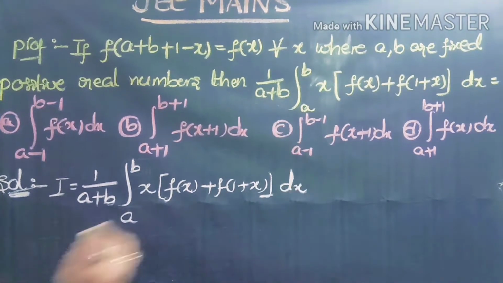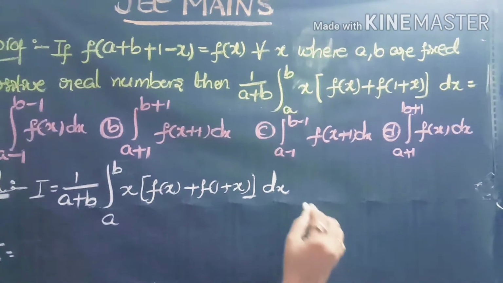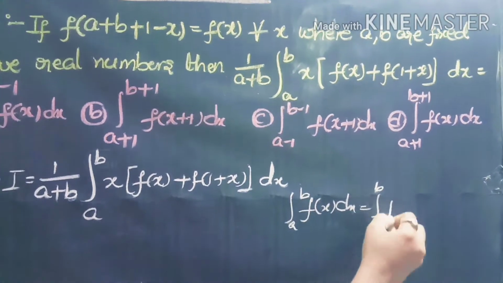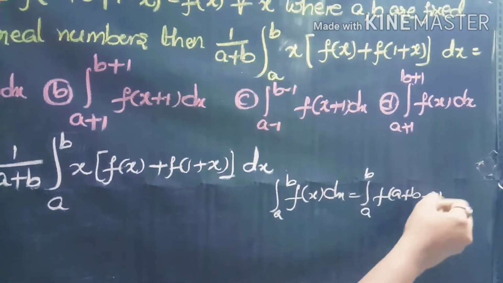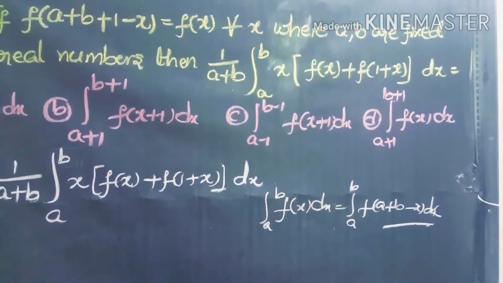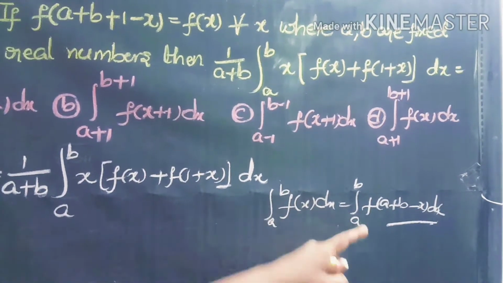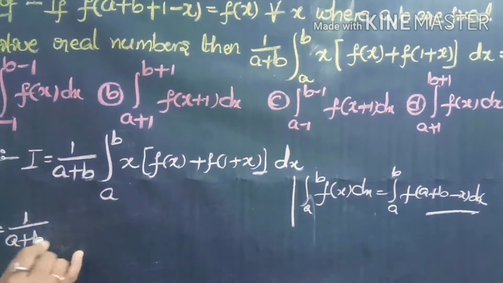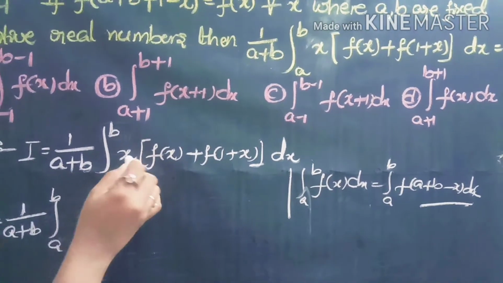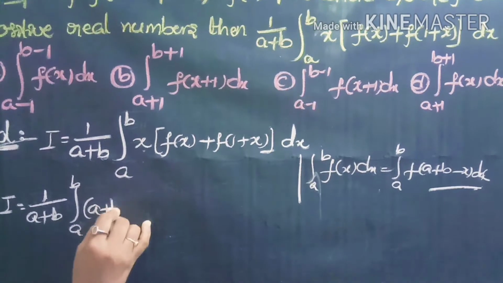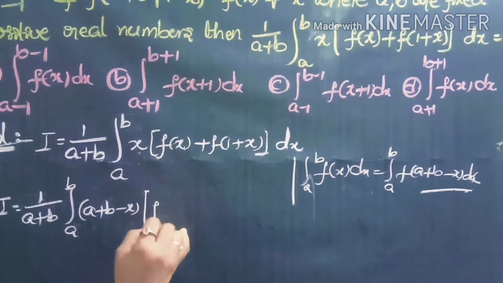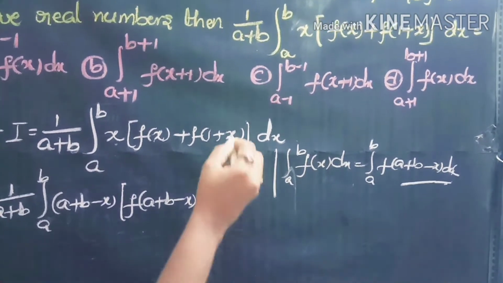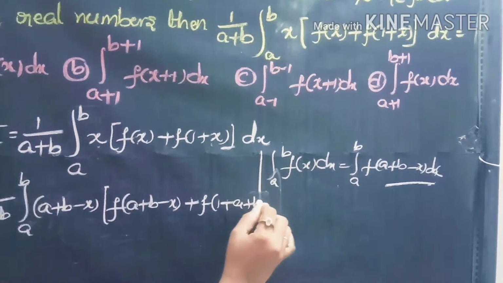Now we are applying the formula: the integral from a to b of f(x) dx is equal to the integral from a to b of f(a + b - x) dx. Very important formula, which is a very well known formula of definite integration. Now we are applying this formula here. I = 1/(a+b) times the integral from a to b of x. What is the x value? In place of x we are taking the value a + b - x into f of x. Again, what is the x value? a + b - x plus f of 1 plus, again the x value is a + b - x